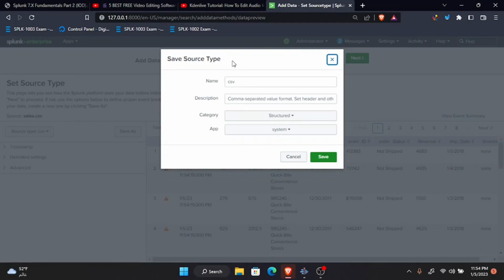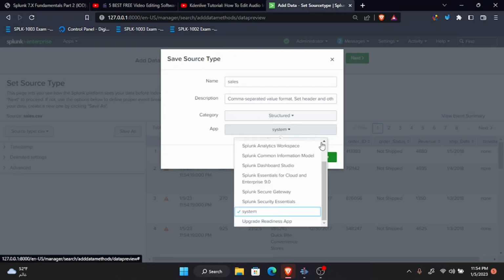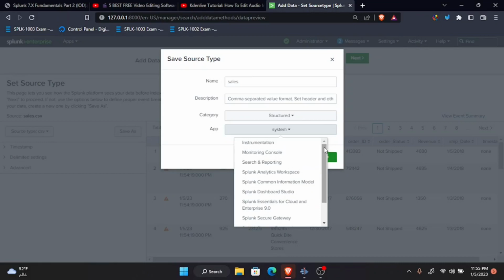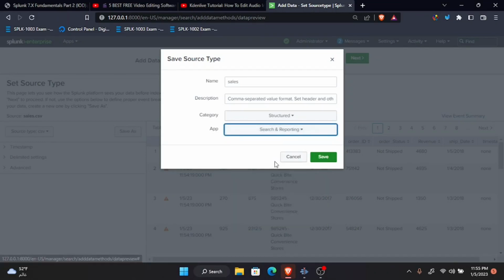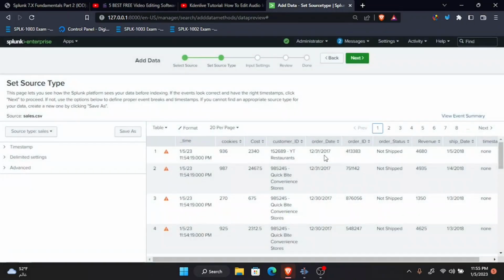Okay, so let's name it sales. Okay, and the app will be, let's select search and reporting. Click save and click next,